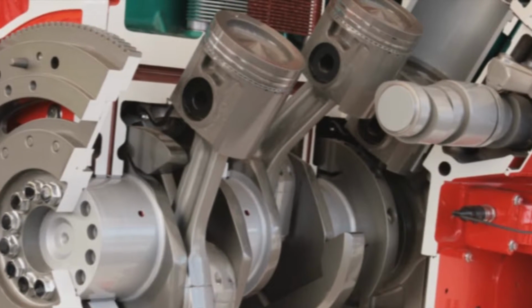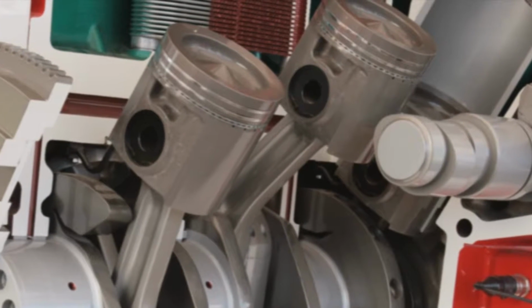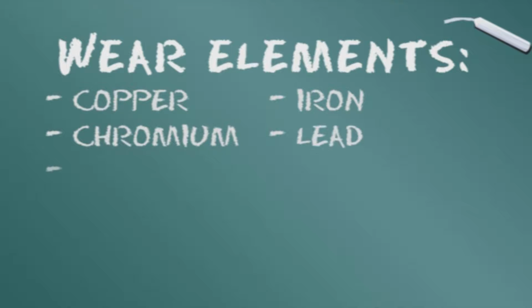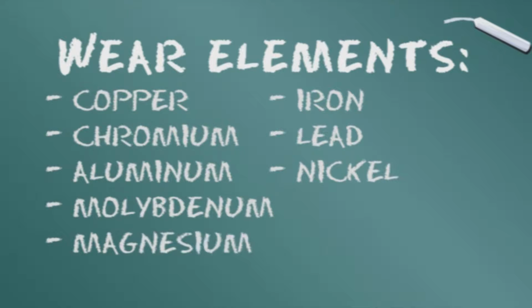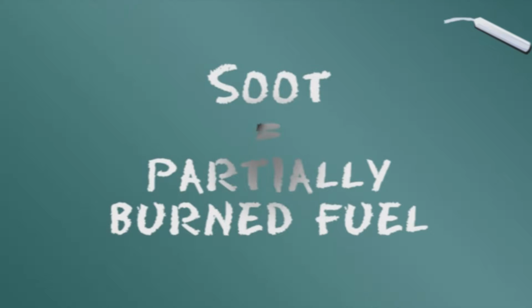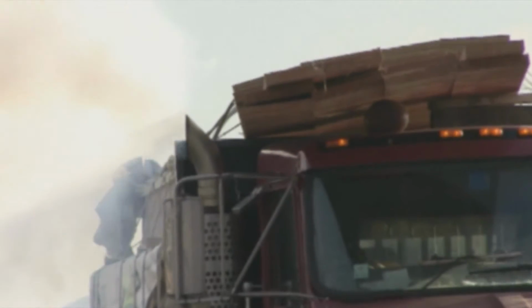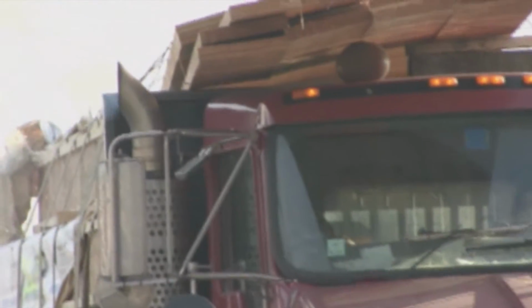The second category is wear elements, the product of internal engine component wear. Typical wear elements are copper, iron, chromium, lead, aluminum, nickel, molybdenum, and magnesium. Soot, the third category, is really partially burned fuel. Soot is introduced to the oil by operating an engine in too high a gear, known as lugging, or by